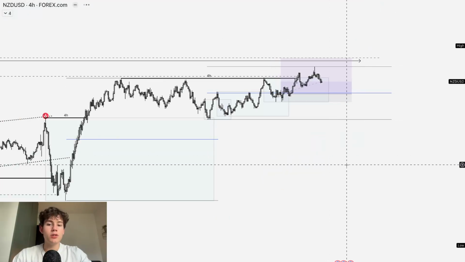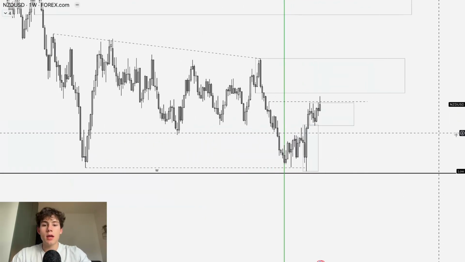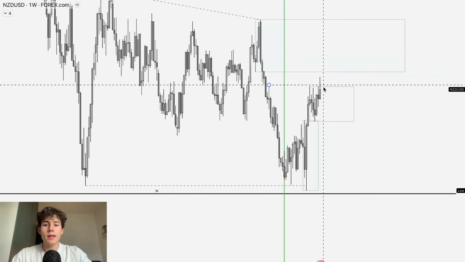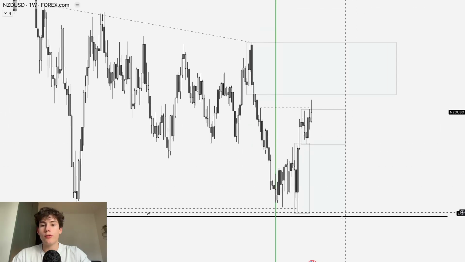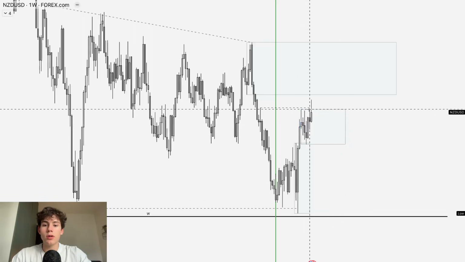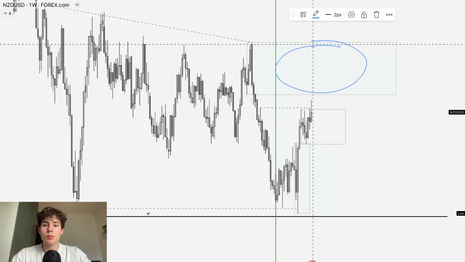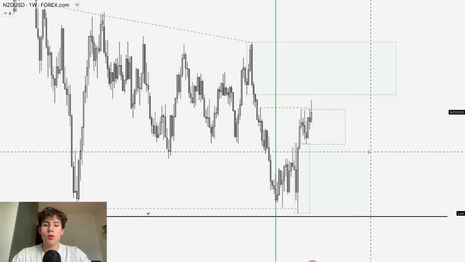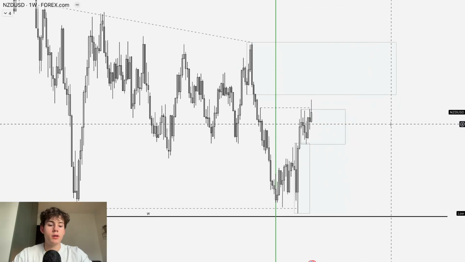Going over to NZD/USD is going to be quite the same, but we already took weekly liquidity, so that's quite tricky, and that's why I prefer AUD/USD. Now, of course, this demand is still in control, and we could still push up higher in towards this supply, and from there we could trade down lower before moving up higher again, for example.